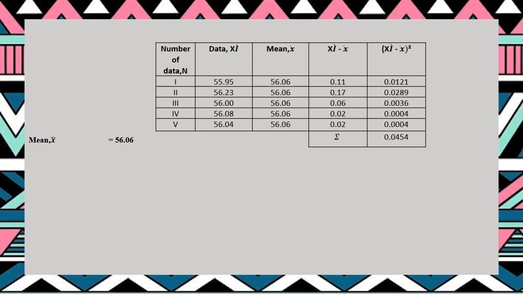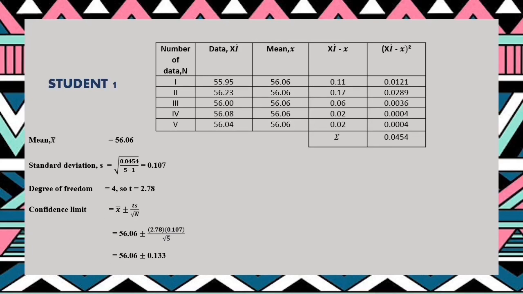The mean for student 1 is 56.06. Next, we need to find the standard deviation, which is S. We need to use the formula, but I simplified the calculation by using the table. So I got 0.107. Next, we need to find the degree of freedom, which is 4. The formula is n minus 1. N refers to the number of trials, so there are 5 trials. So 5 minus 1 is 4, and t equals 2.78. T we can get from the notes.